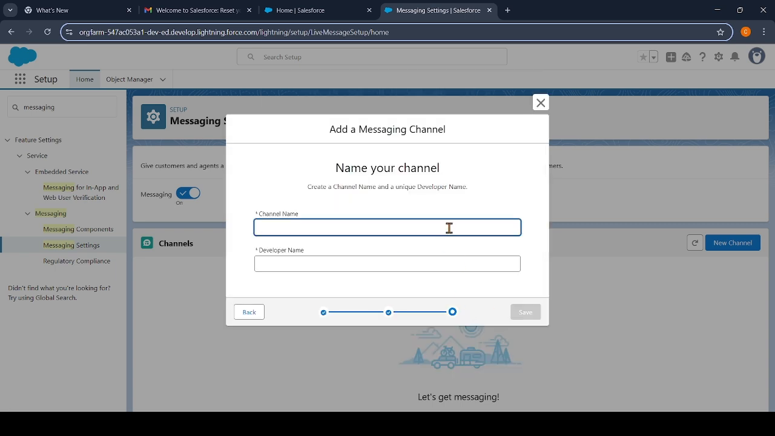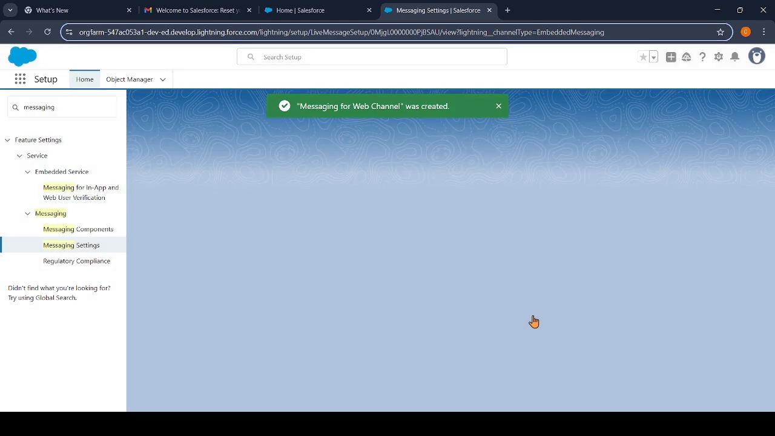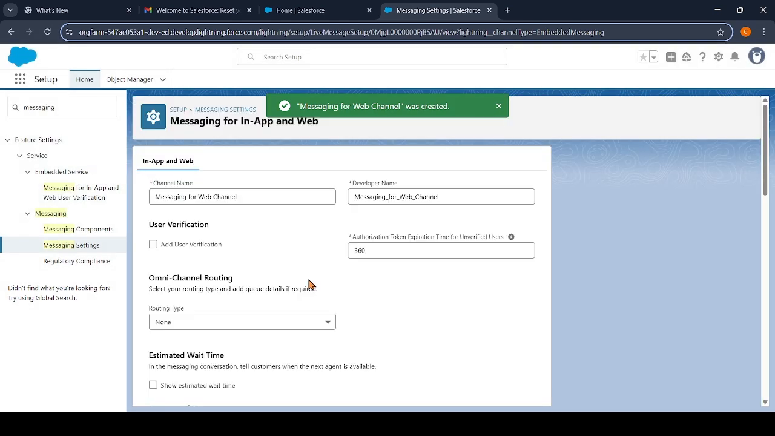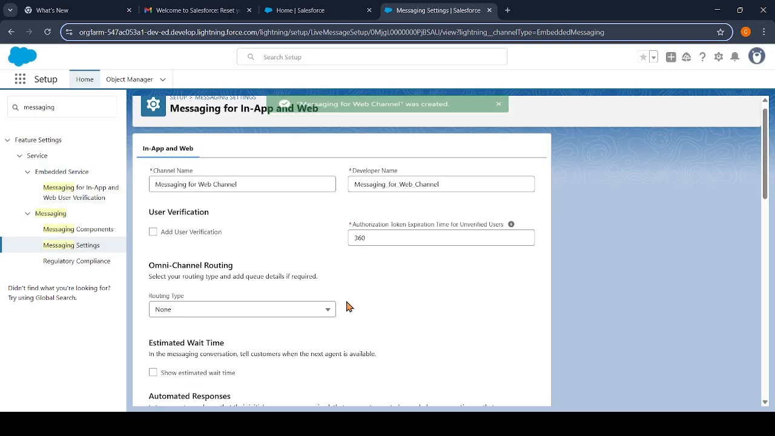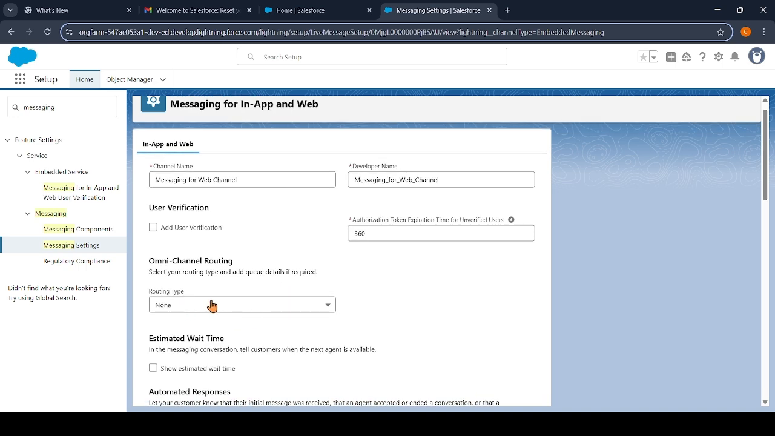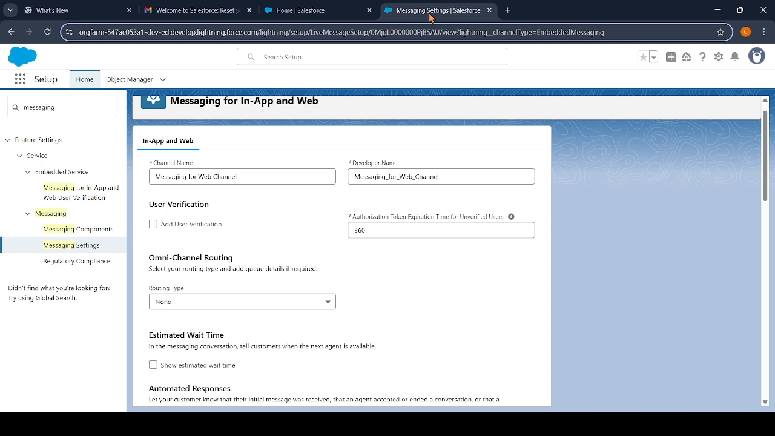Let's provide the name: Messaging for Web channel, and click Save. It creates your channel. Here we are getting an option of routing type. So let's duplicate this tab